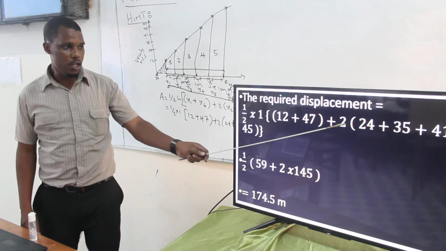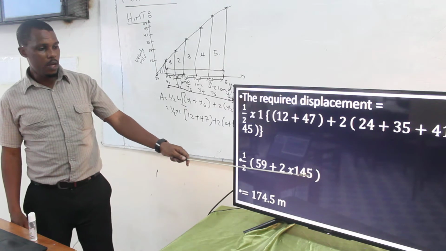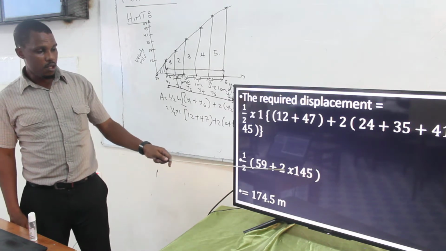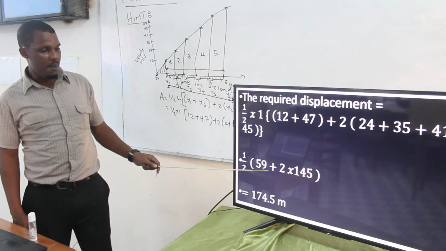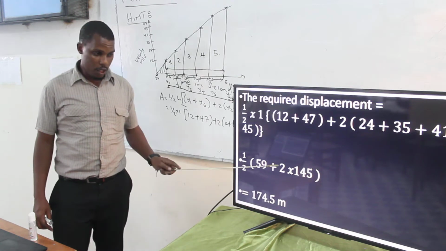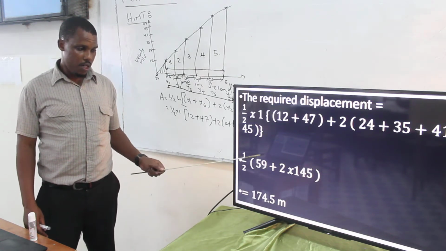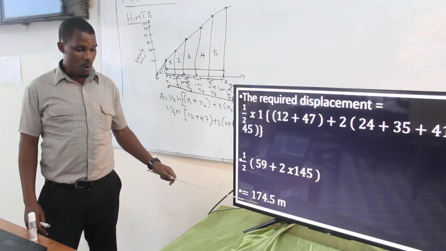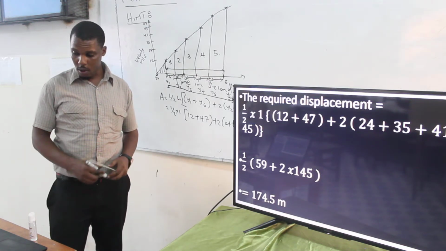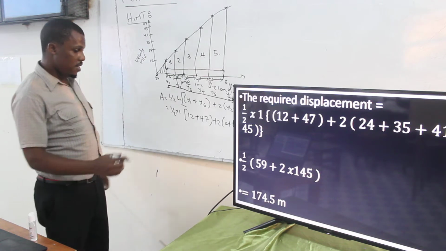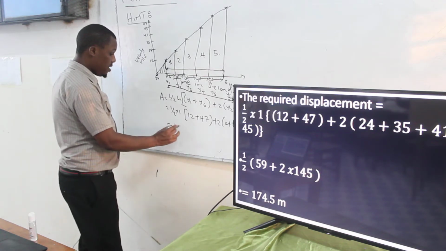And then you multiply by 2. Then when you carry out this multiplication, 2 times 145 plus 59, remember it is the body mass, you have to carry out the multiplication first. 2 times 145, then plus 59, and then you multiply by half, your answer becomes 174.5 meters square. Remember this is the area, so